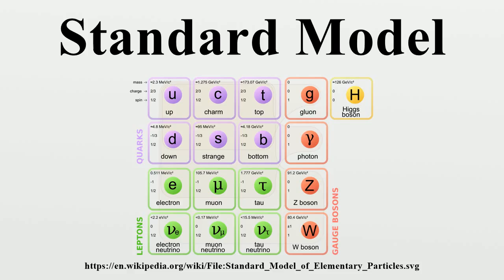On 4 July 2012, the two main experiments at the LHC both reported independently that they found a new particle with a mass of about